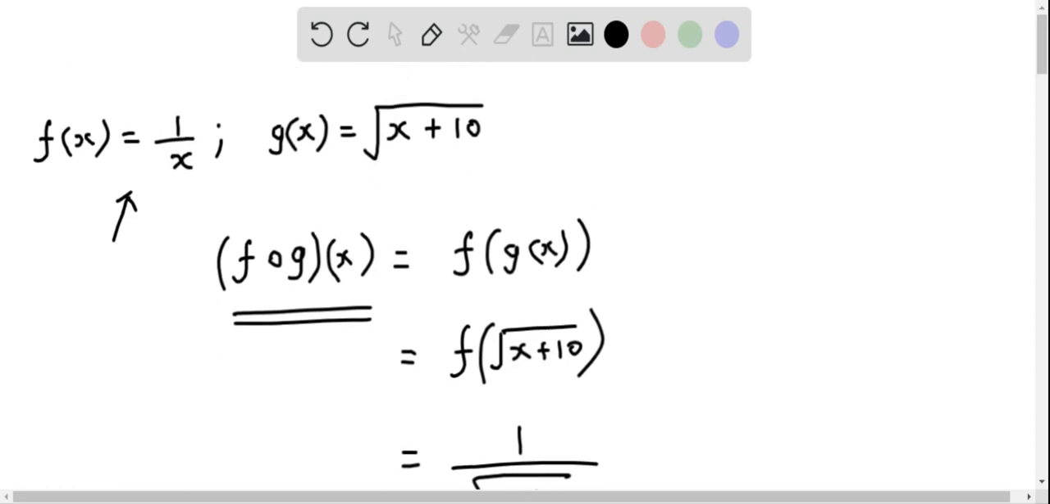And the domain of the composite function f of g of x is actually determined by the input function. So g of x is the input function and f of x is the output function. For a composite function, we have to consider the domain restriction from the input function. The domain restriction of g of x, which is given as square root of x plus 10,